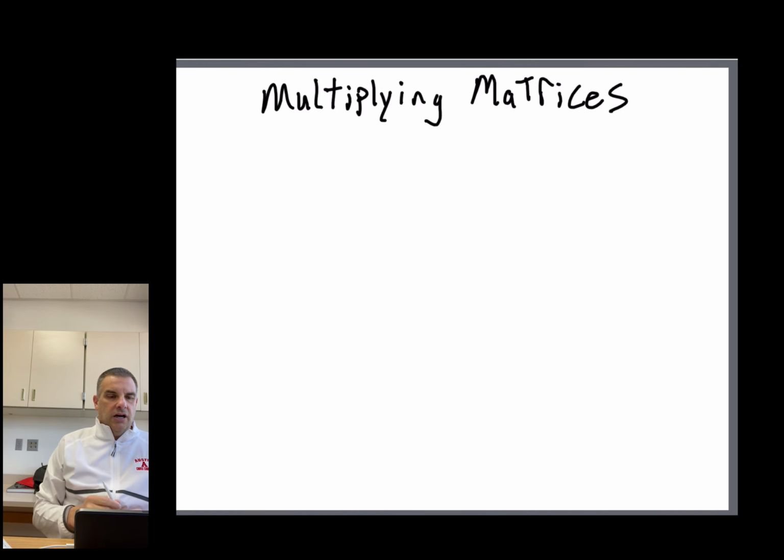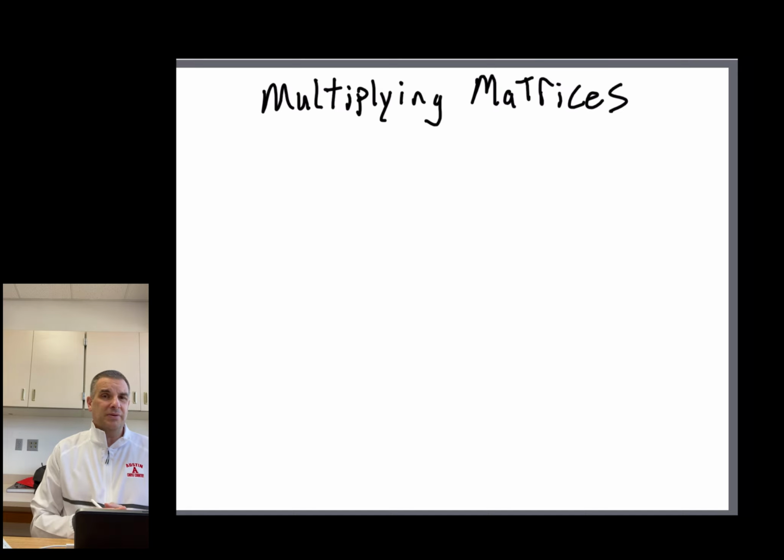Next section we're going to talk about how we go about multiplying matrices. We added and subtracted and did scalar multiplication in the first lesson. So now we're going to talk about how we go about multiplying matrices. When we're multiplying matrices, we've got to keep this column and rows thing in the back of our minds, because